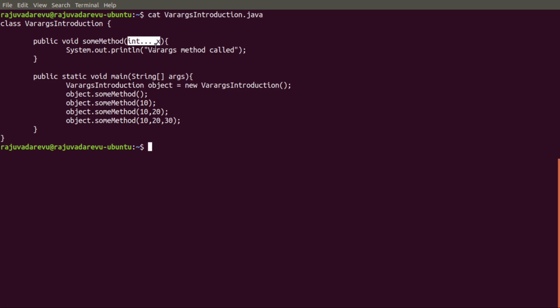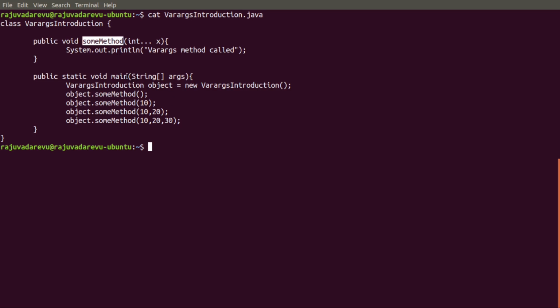And if you pass this Varargs parameter within parenthesis of any method, you call that method as a Varargs method. Okay, so here someMethod is nothing but a Varargs method. So this is the syntax for defining or declaring a Varargs method. Okay. Now since this is a Varargs method, you can call this method by passing variable number of arguments.